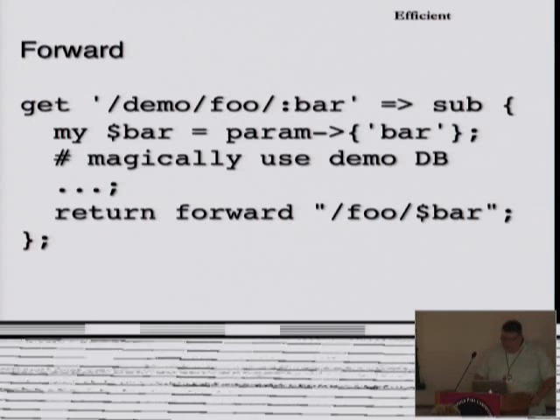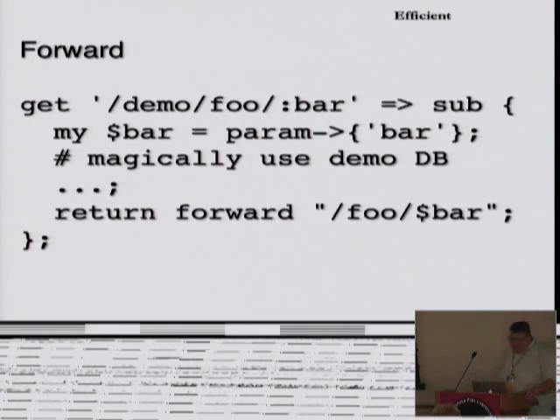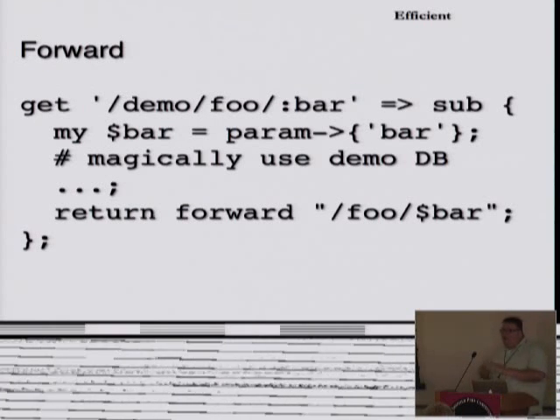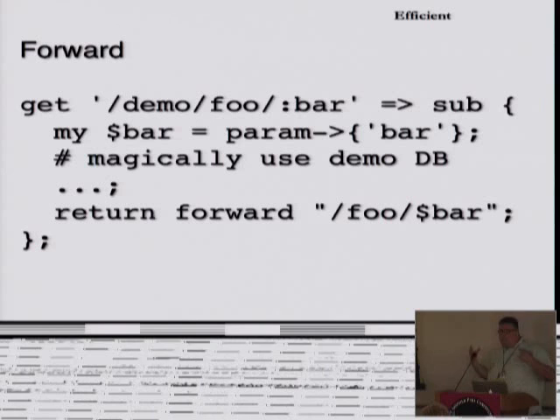I have some more demos here of things that are neat. You can do route forwarding. The idea with this is that maybe you have code handlers that do some object or you have a route handler that does some operation. For example, you display data, but you also have demo data or dummy data or something like that. So what you can do is route forwarding, where you would say something like, if I get this route of demo foo and bar, then I'm going to take my bar and set it to whatever the value is there. I'm going to load up my magic demo database, and then I'm going to forward it to the actual production foo bar. And that will use the same code path, but